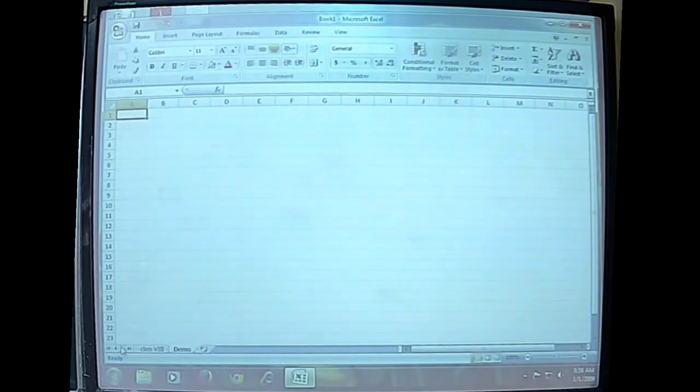Now, let us get ourselves familiar with the cell. You are already familiar with the cell and the cell address. As we have already heard, each cell has a unique address, and the address of the cell will appear in the name box. Whenever a cell is selected, it is called the active cell.